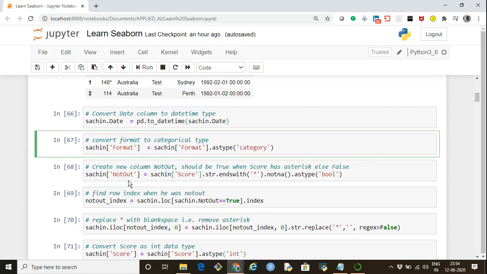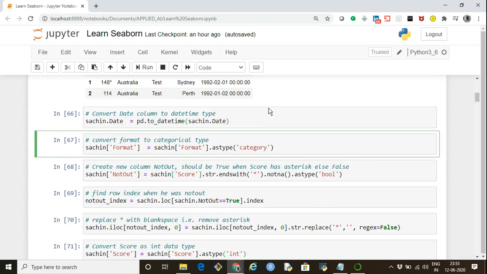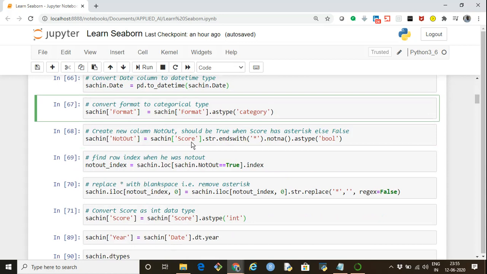Next, I'm creating a new column called not out. So if you see in the score, there are certain scores in which an asterisk is present, indicating that he was not out in that particular innings. So I want to have another column called not out, and if he was not out in that innings, I want that column to say true, otherwise to say false. So the way I'm doing it is I'm just saying Sachin's score dot str dot endswith.